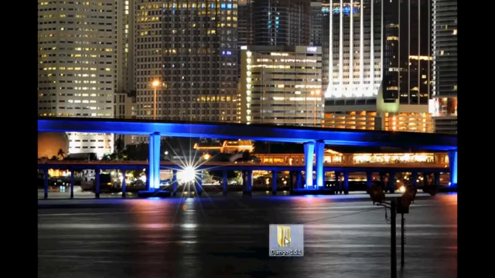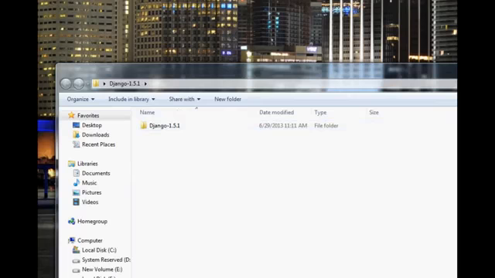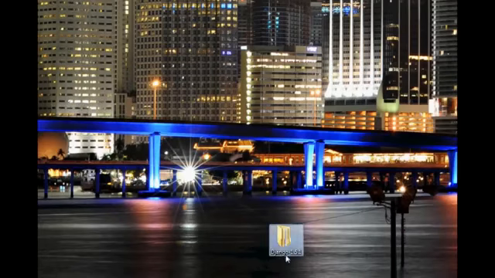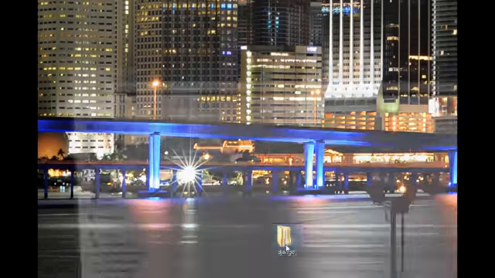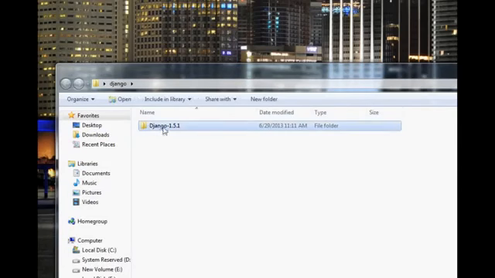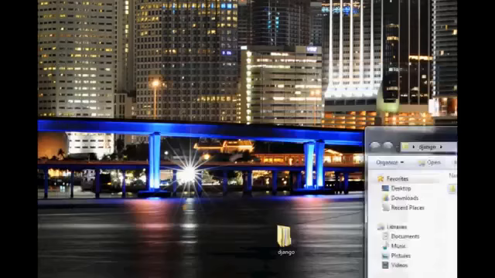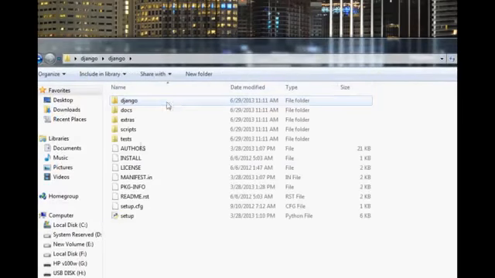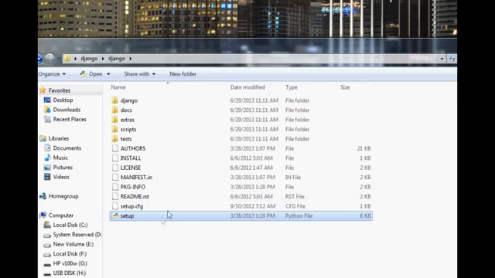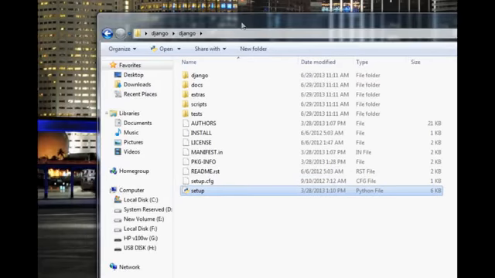Now when we open it up, the first thing I want to do, just to make it easy whenever I go to find it, is rename it to Django, open it up, and rename this one to Django as well. I don't think I capitalized either one of them. Let me make sure. Yeah. Okay, and then within here, what we eventually want to get to is a setup.py file. But to do that, if you haven't already added Python to your path, you won't be able to do this next step. So let me show you how to add Python to your path if you have not.